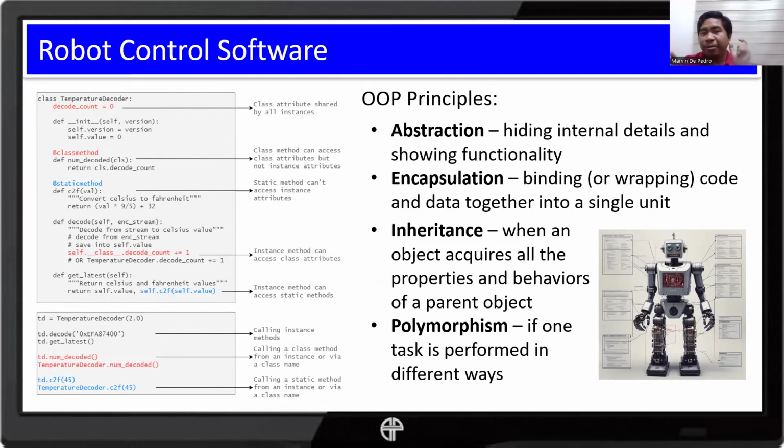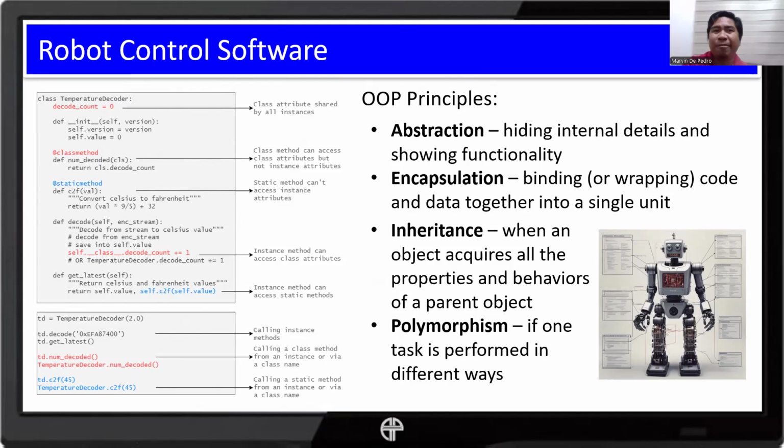So you can use the same name for your method, but that depends on which class they belong to. So that's polymorphism. The method morphs depending on which class it belongs to, right?